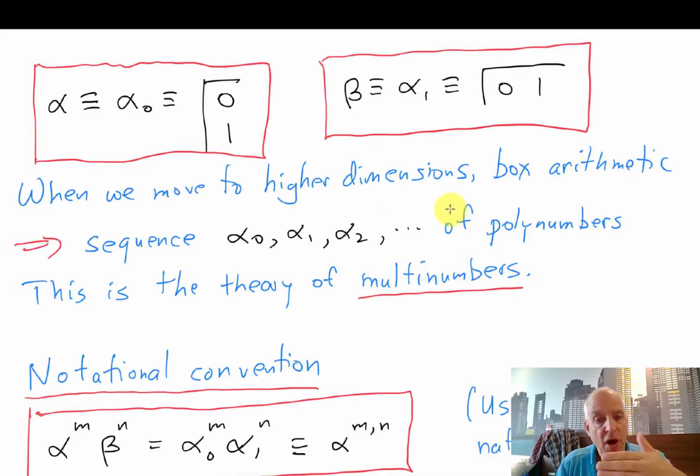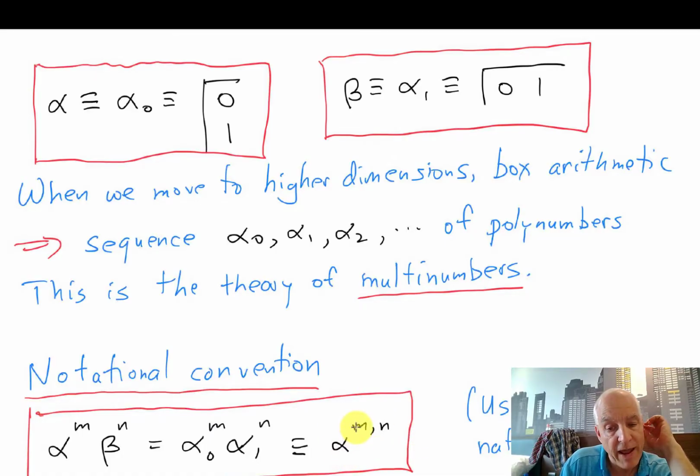So anyway, after we've gotten to polynumbers, then there are these higher dimensional things called multinumbers, and we get a whole sequence of things starting with this alpha 0 and then this alpha 1, and there's a whole sequence of them. So there's a natural ordering to the variables or the polynumbers that naturally pair in this story. But we're only going to stick with these two for now. So we'll sometimes use alpha beta for convenience, but we can replace them at any time with alpha 0, alpha 1. So our notational convention is that alpha to the m, beta to the n, this term, which is the same as alpha sub 0 to the m, alpha 1 to the n,